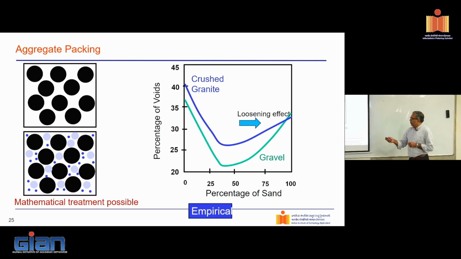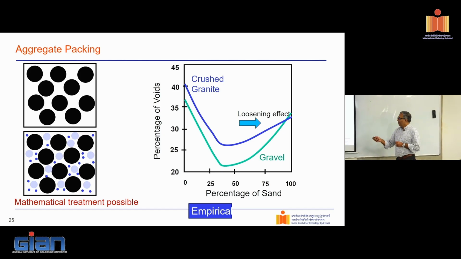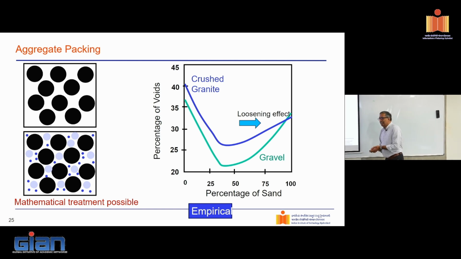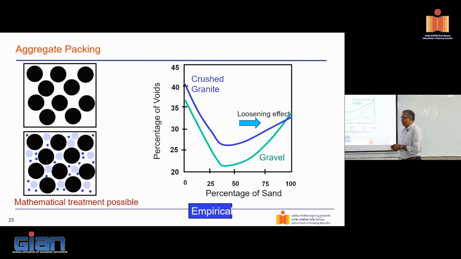So if I look at percentage of voids, and let's say I start with naturally crushed aggregate, this will start decreasing as I increase the percentage of sand up to a certain point, right? It'll hit a minimum and then it'll start increasing again. So what happens after this point? I've achieved a minimum. I cannot give you a mathematical description of this. I cannot tell you just by looking at it, okay, this is the mathematical equation you can use to come to this number. It's empirical, right? I come up with this from experiments, from experience. But I know the fundamental theory is this, which comes from spheres, circles, which I can describe mathematically.